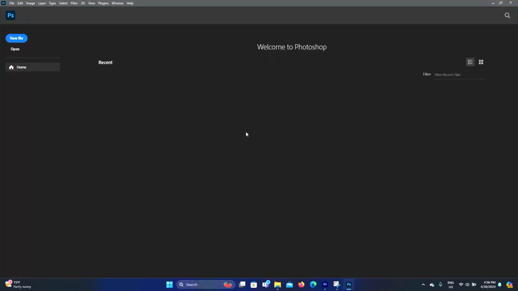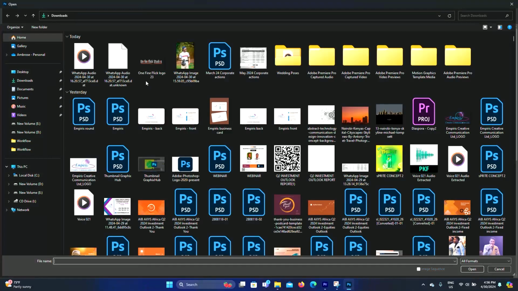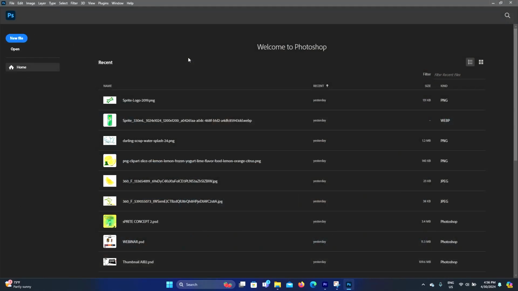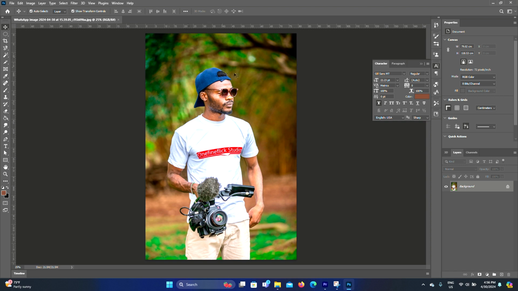So today we are going to talk about removing a background, and it's a very easy thing, the most basic thing you can do. So once your Photoshop has launched, you'll go to open and get your image from wherever it is. Mine is on downloads. So import the image, then we'll remove this background so you can place it on something else. Maybe you want to place it on a poster and you don't want to use the natural background that it